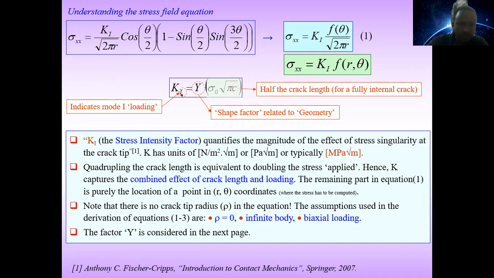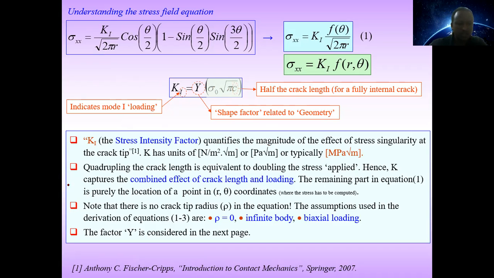So this Ki indicates mode 1 loading. Okay, and Y is the shape factor, the shape factor related to geometry. And sigma naught is the far field stress, and c is the half crack length. So this is the relation for Ki. So Ki is equal to Y times sigma naught radical pi c. Okay, so Ki is the strength and intensity factor, or quantifies the magnitude of the effect of stress singularity at the crack tip,